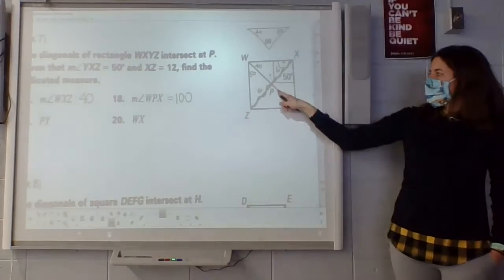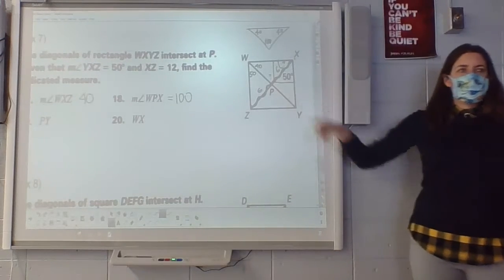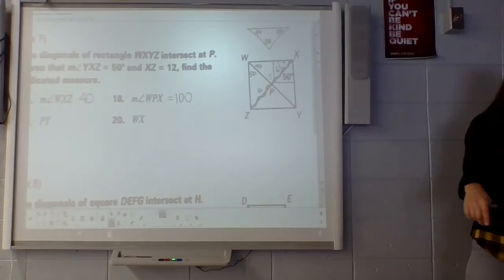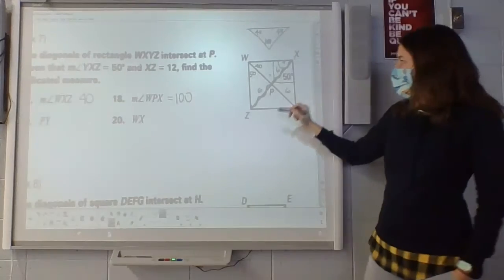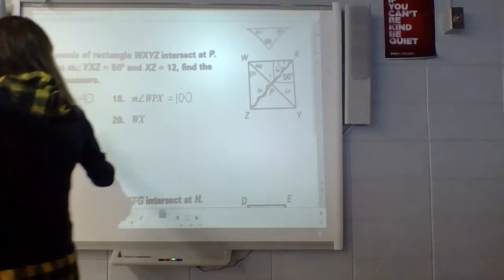PY. What do I know about the diagonals of rectangles? They're going to be equal. So yep, it's also 6. Very good. And then